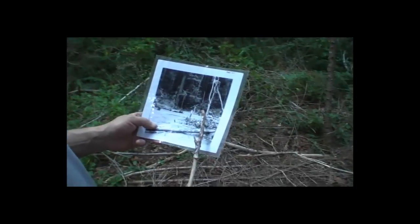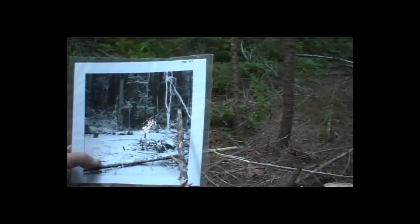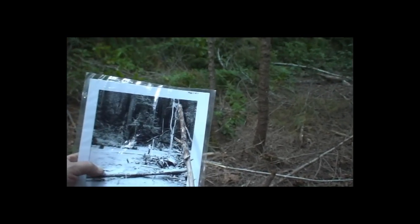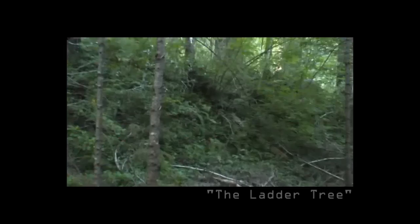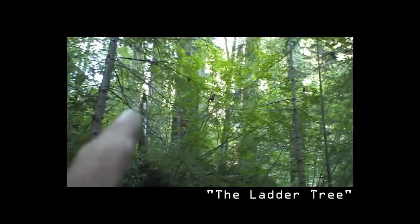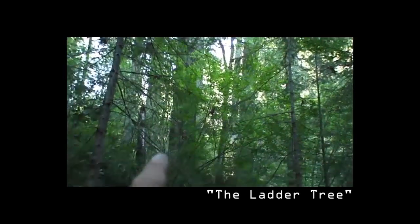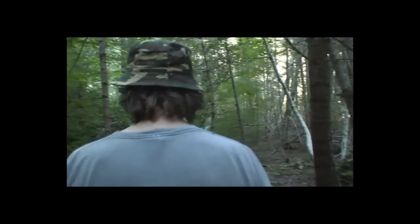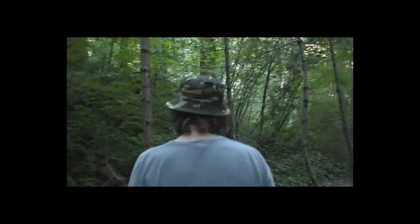But past that, it's hard to see in this photo, but there are other trees, these laurel and hardy trees. Behind here is what we call the ladder tree, which is just right over here. You can see, if you look here, there's some of its ladder-like branches sticking out. And go ahead and point out the laurel and hardy trees that Bill Munns has talked about that he used to try to...